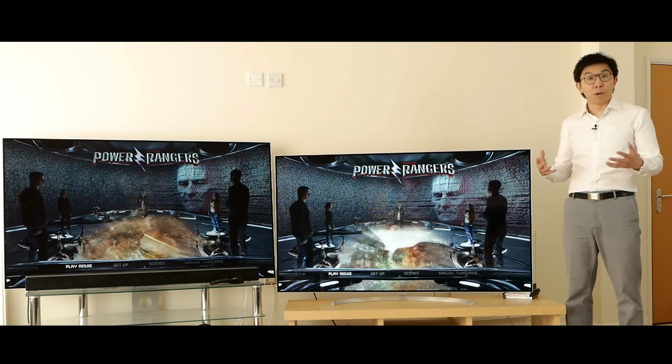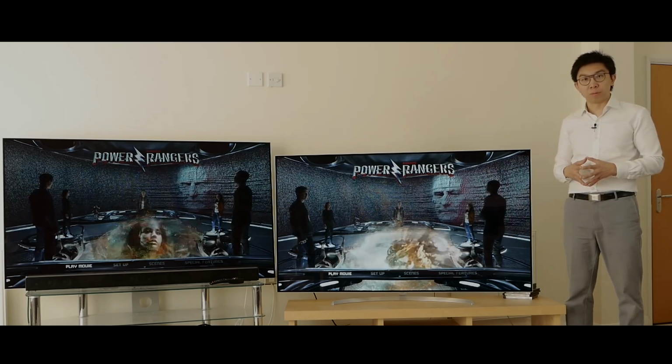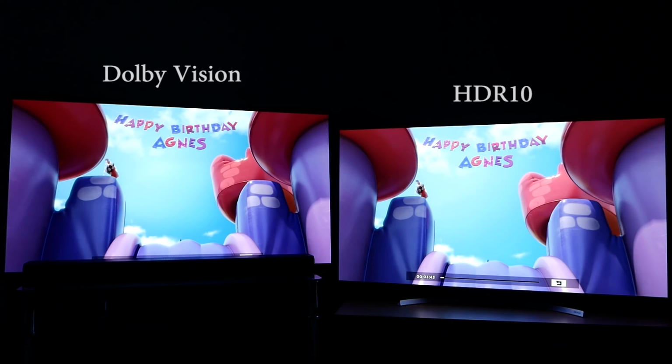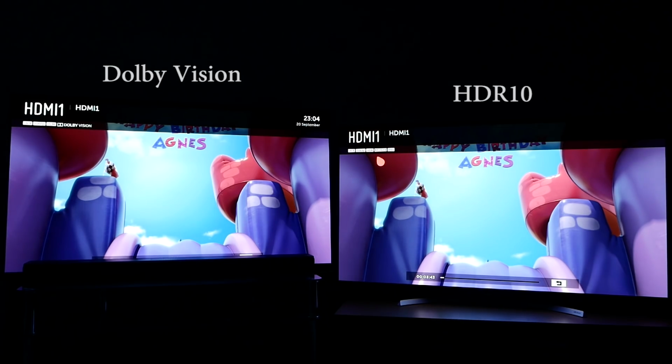So without further ado, let's get on with the comparison. I'm going to start off with Despicable Me 2. Here I'm using a very early scene from the 4K Blu-ray of Despicable Me 2. The screen on your left is showing it in Dolby Vision. You can see that it's actually in Dolby Vision, whereas the screen on the right here is showing it in